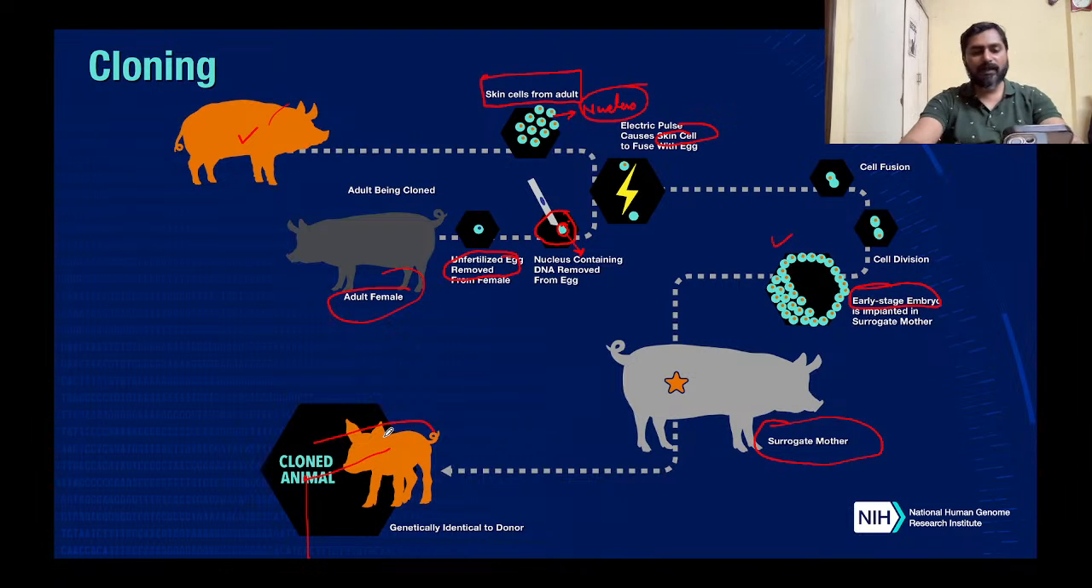So the first cloned animal that was made was Dolly the sheep. And do you know that in India